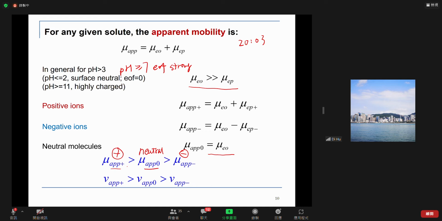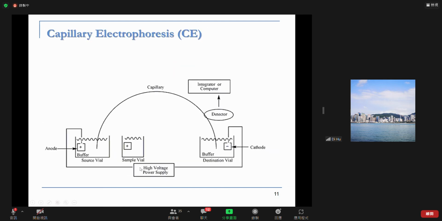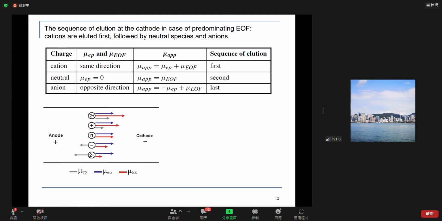The separation is based on electrophoretic mobility. As for the sequence of elution at the cathode, in the case of predominating, very large EOF,